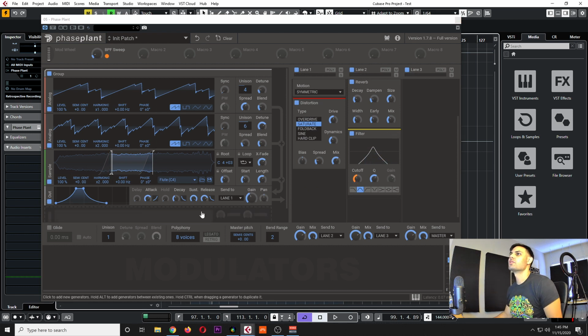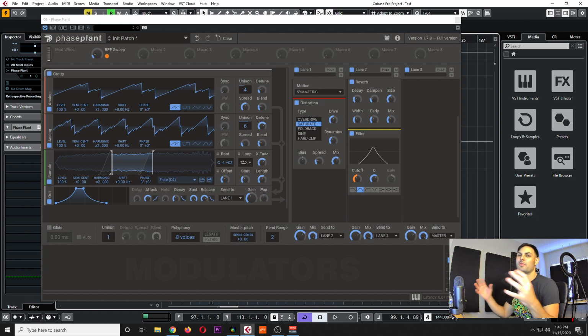Okay, so that's pretty cool. So as you can see, we can do these filter sweeps as we're making chords or pads. It just gives you a lot more flexibility for your sound. And I just want to show you one last thing here. So when we're creating these pad sounds,